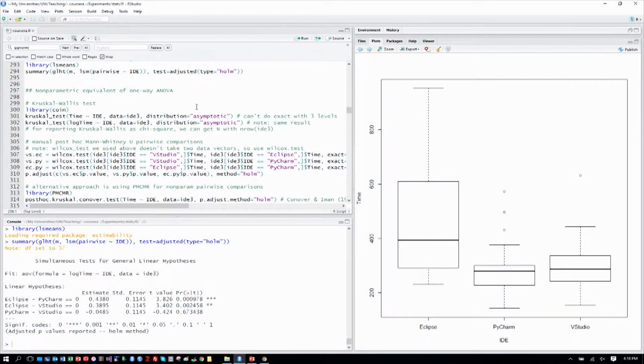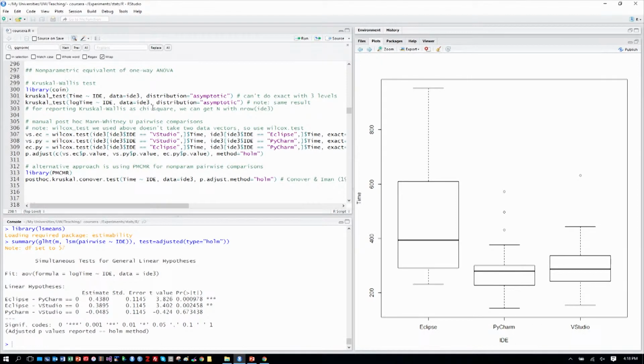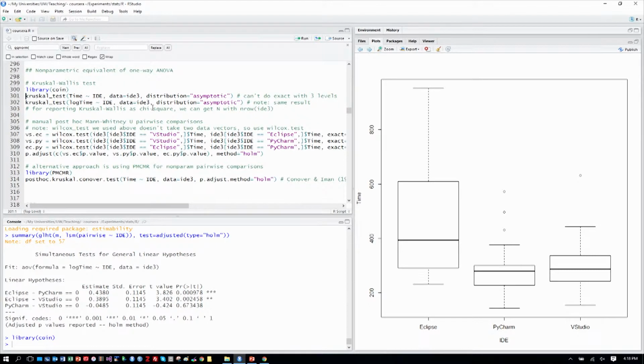What would be the non-parametric equivalent of a one-way ANOVA? So the non-parametric version of the test we just did with these three levels. For that, we'll use a test called the Kruskal-Wallis test. We'll load it from the coin library. And in much the same way, we specify our model here with our data table, and